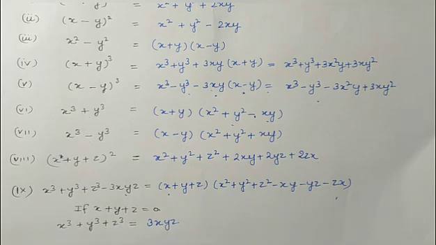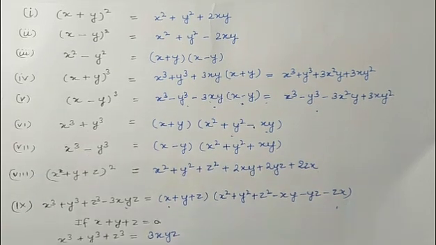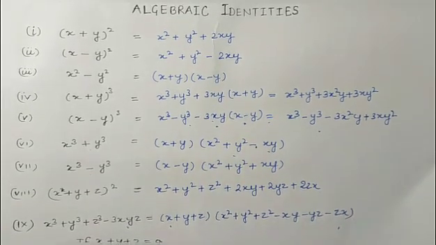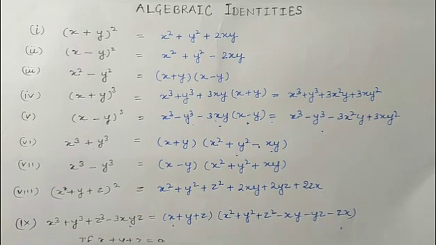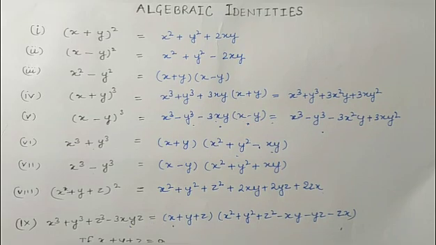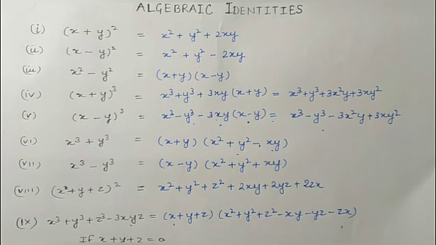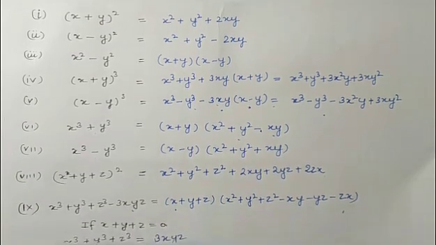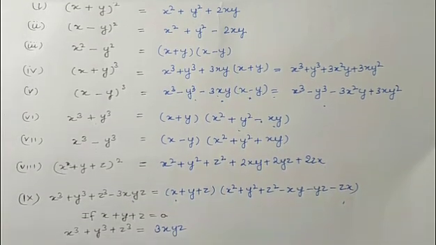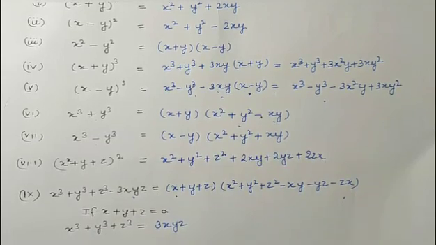So students, just note down all the identities and remember them, because in the next exercise we will use all these identities to solve exercise 2.5. So one by one you will note down all the identities so that you can solve the next exercise easily. And also students, the rest of the questions of exercise 2.4 that we have not solved today, you will solve yourself.